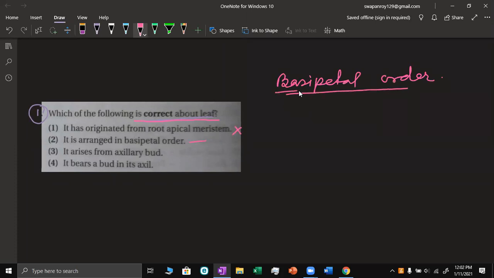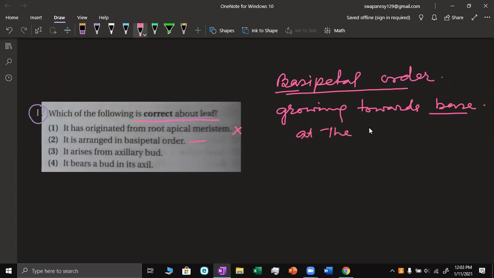Basipetal order means moving towards the base, growing towards the base. So growing toward base means at the tip,